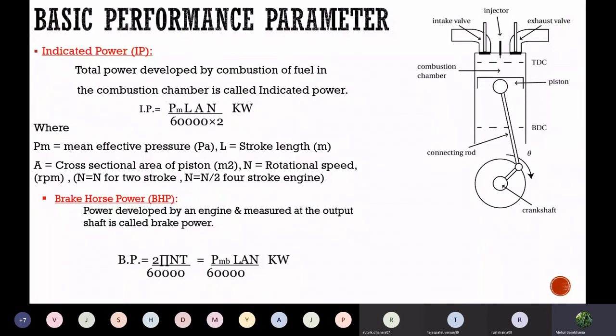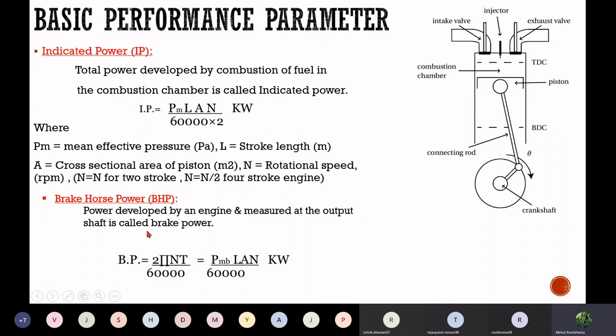See, it is our general mindset that the higher the CC, the more power output. But instead of looking simply at CC, see, CC indicates the size of the engine. This L into A gives you volume, that means cubic centimeter, CC. So it is a theoretical estimation of the engine. A 200 cc or 100 cc bike is a simple theoretical sense of power output.